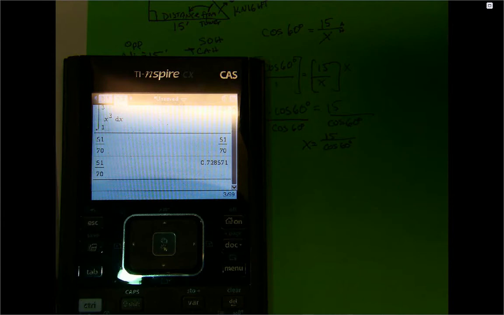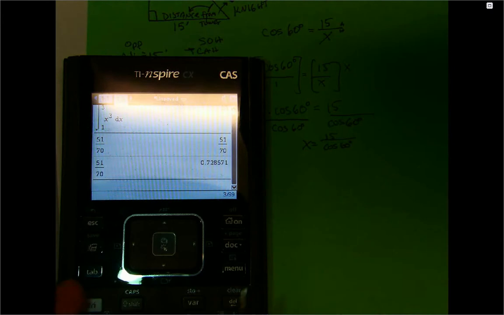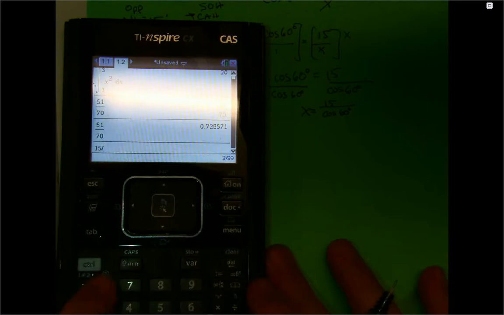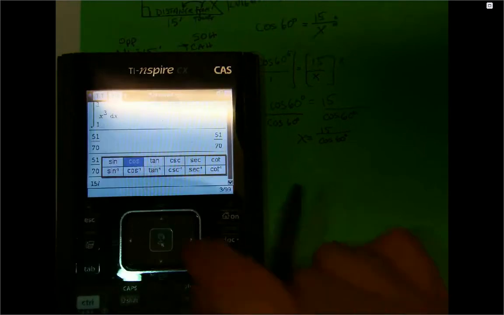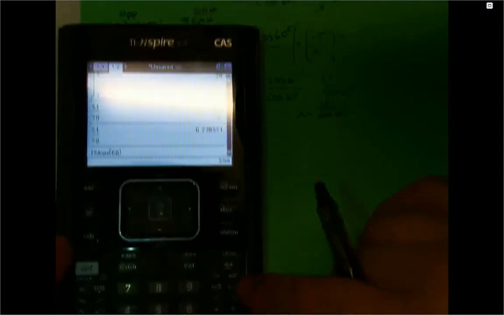So we need to worry about degrees and the cosine of 60 degrees. So we can set up 15 divided by, and then the trig button right here, you hit trig, we go to cosine. But now we want 60, but we want to put that in degrees. Over here, the button that has the book,